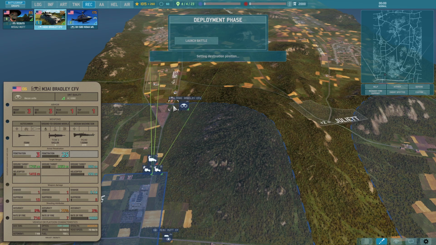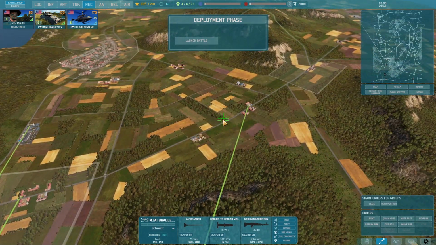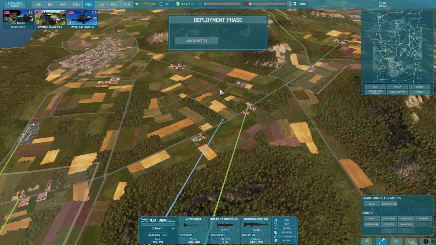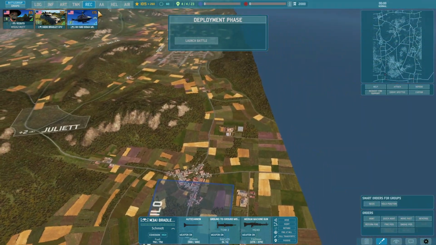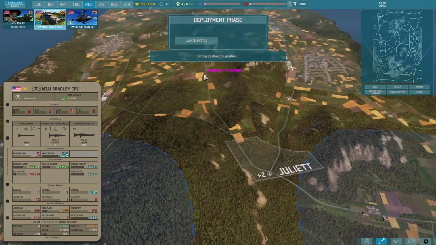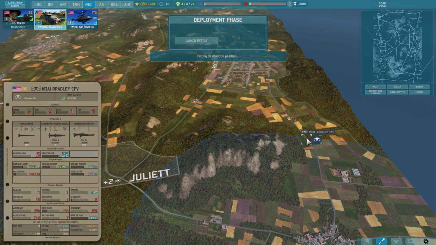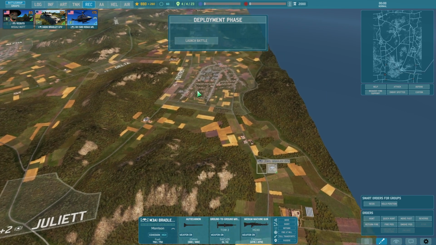Get a Bradley. Here. Of course I don't have line of sight on this, but I do have line of sight on that avenue, right? That road here. Definitely not gonna start with another CV. I think this Bradley should be faster, that road, than starting here in Juliet or next to Juliet. That didn't place, okay. Bradley...